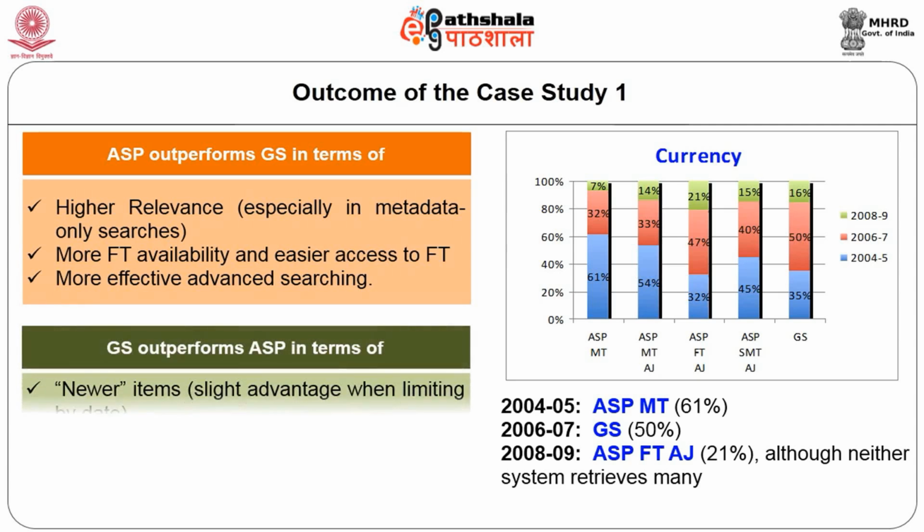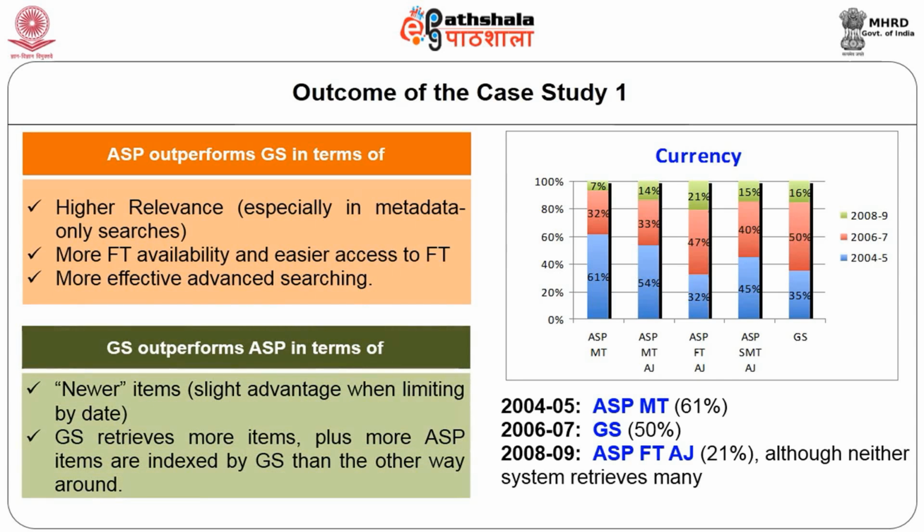On the other hand, Google Scholar outperforms ASP in terms of newer items, though there is a very slight advantage when limiting by date. Google Scholar retrieves more items plus more ASP items are indexed by Google Scholar than the other way around. Google Scholar covers some types of materials not readily found in databases such as books, grey literature